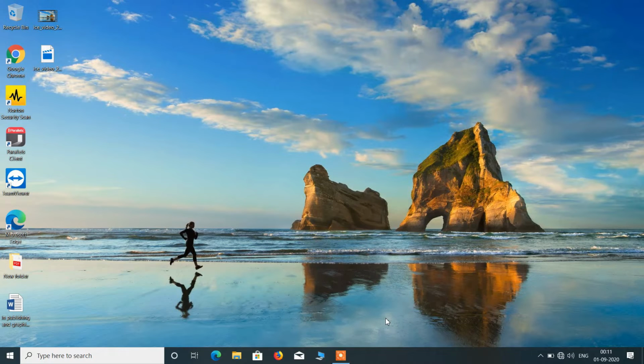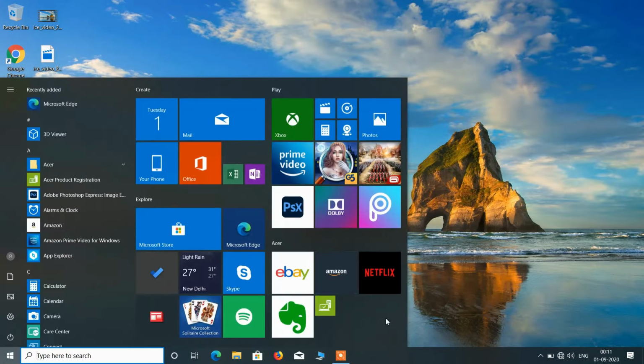If method 1 didn't work for you, then just try out method number 2. Just press the Windows key on your keyboard. And now you can see that the search bar is selected. Now just type control panel in the search bar.